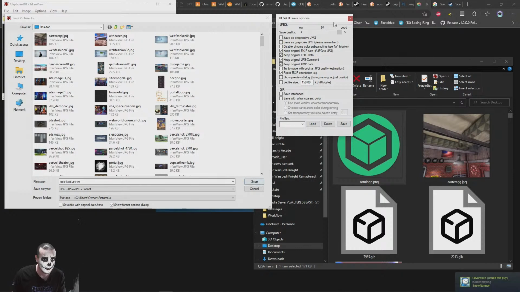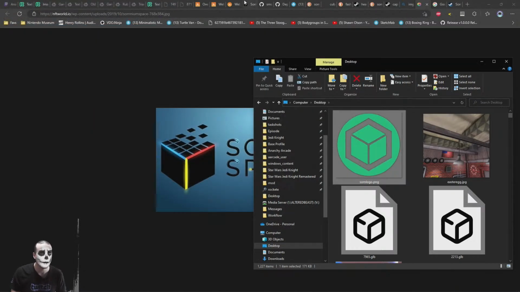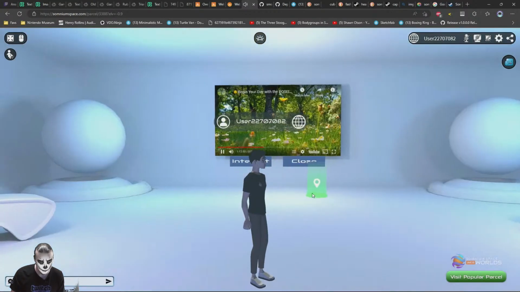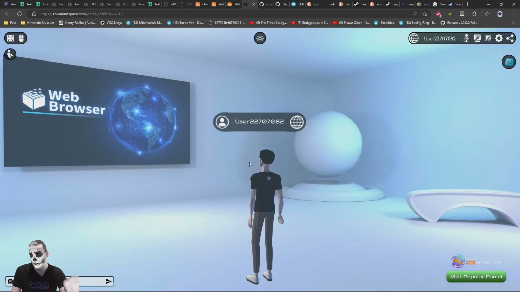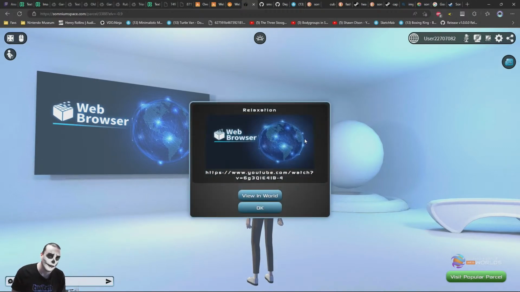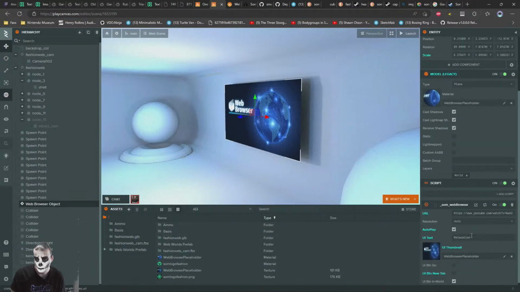Okay, so check this out. Actually, I'm going to save this down as 90. I'm going to use this image as what shows when you click on the object. It's going to do two things, this image I'm about to upload. It's going to be what shows on this wall when the web tab, the web browser object, the iframe, is not active. And when you click on it, you see how it says this thing here? It says relaxation, it shows the image and has the URL. I'm going to change these things to be, instead of relaxation, it's going to say Fashion TV